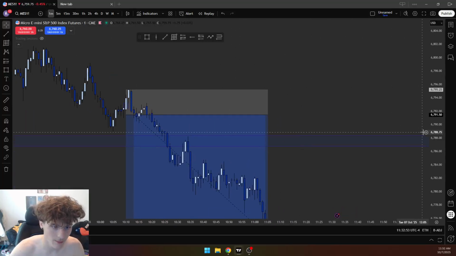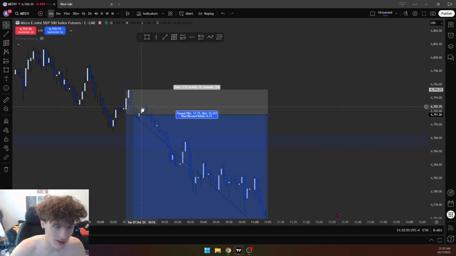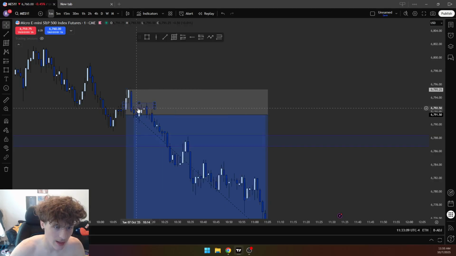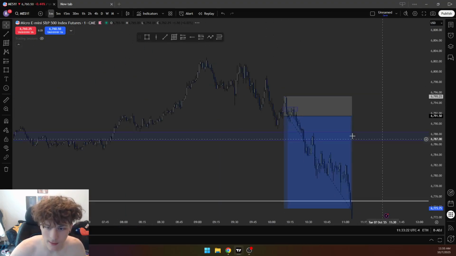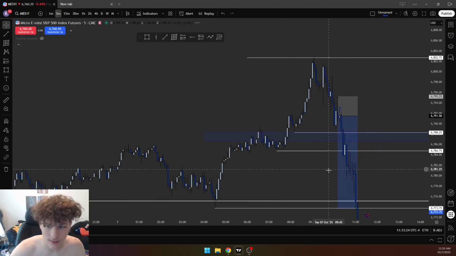We have this 1 minute inverse fair value gap get ran through, and then you can see that we reject off a high. So I entered once we inversed it, and I wanted to see displacement through it. I wanted to see another candle close below this, and we can see that we wicked perfectly. Once we closed below, I entered with my stop at the most recent high, targeting these.